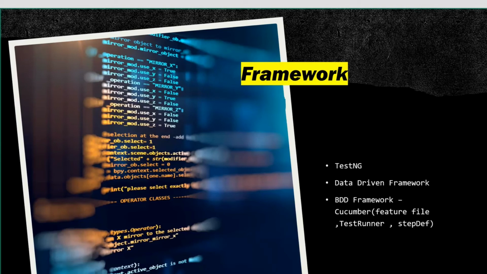What exactly does it do? It fills the gaps between the automation developer and other members of the team. A simple example: in your team there can be a manual tester, your management team, your client, your BA. So we should write our automation test cases in such a way that they can be understood by other members of the team as well. So how can we do that?